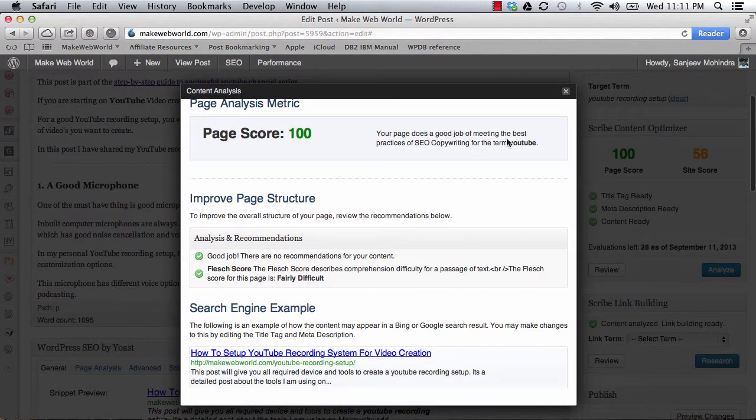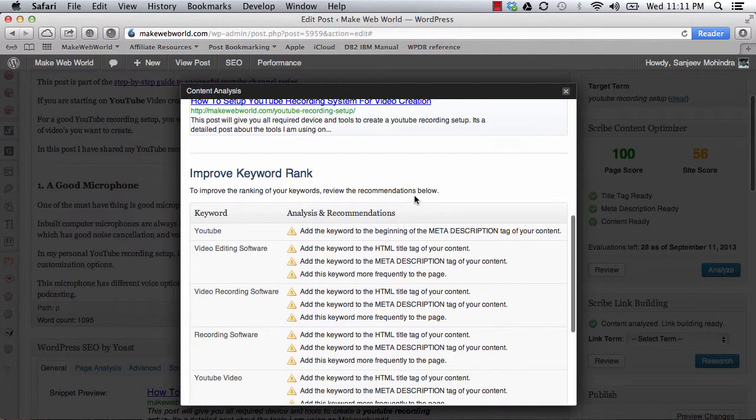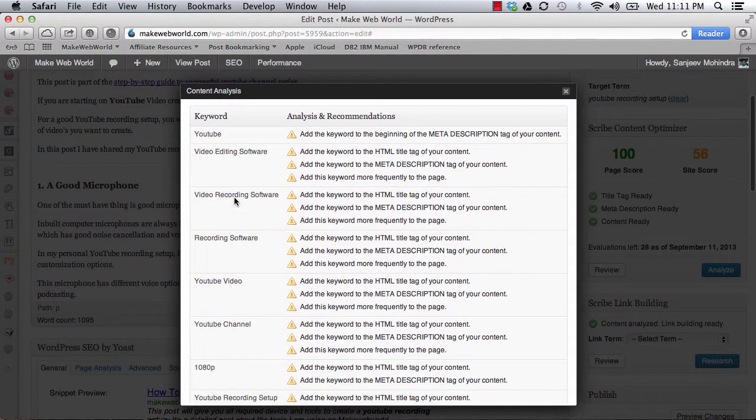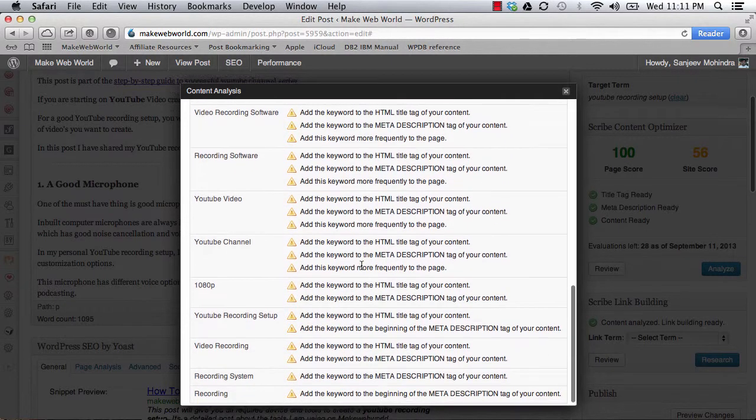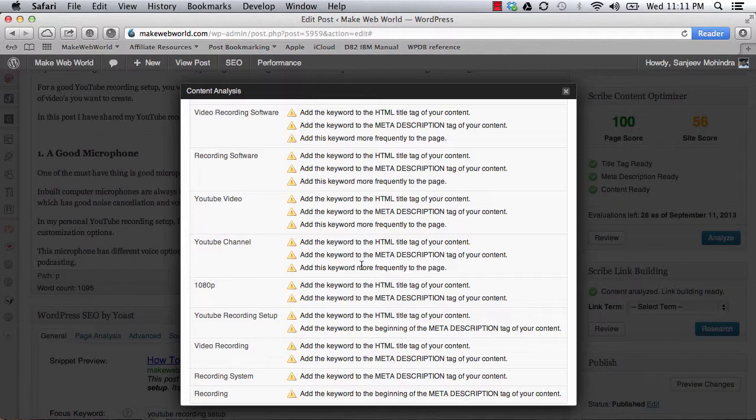This is just for the term YouTube, but if you see down there, it has all the other keywords where this post can be ranked, and it has given me suggestions on what I can do to make it more SEO friendly for those terms. So if I can do some of these things, I will do it and make it more user friendly for different keywords.